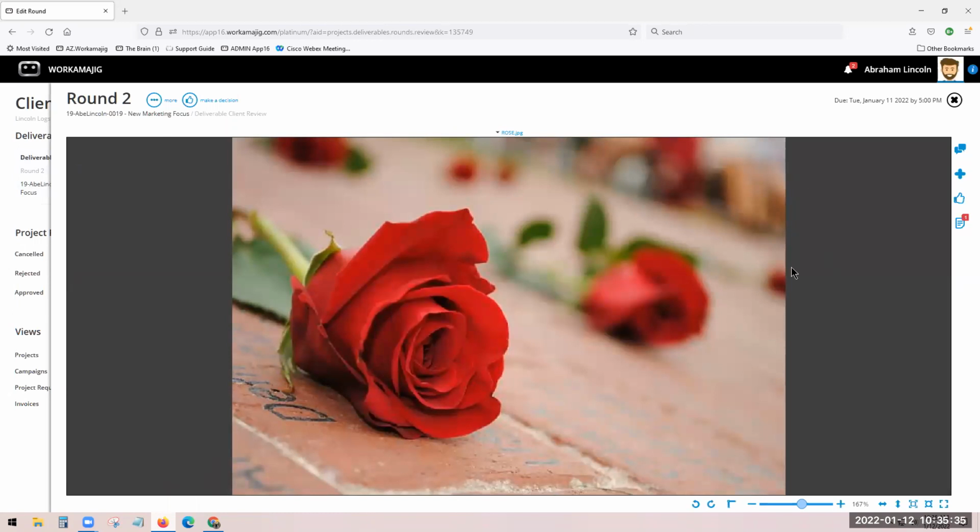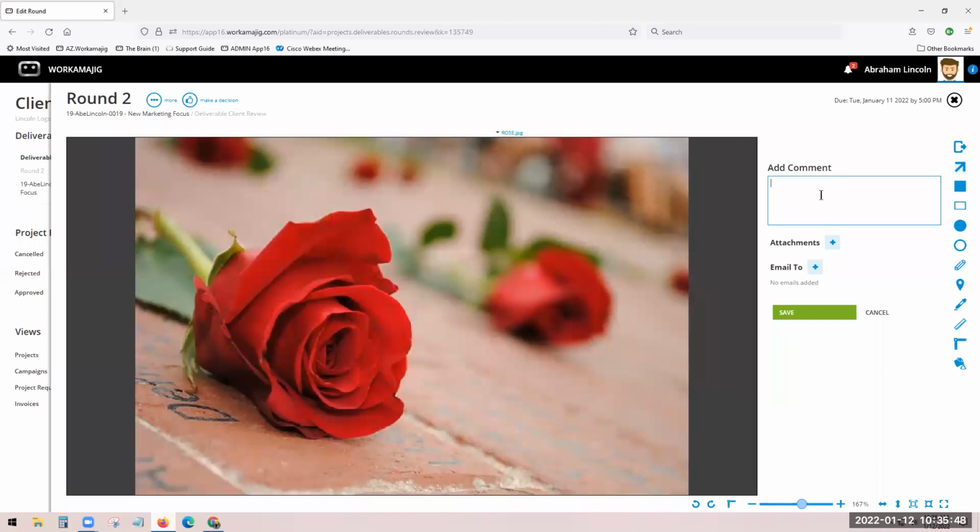I didn't put but one picture here, but they might have several pages here to read. And if you've not used our deliverable review tool, you may want to book a call with your account manager to go in there. But basically, he can put in his comments, love the pic, etc. He can mark it up saying, put logo here, and add logo here. Now, I usually don't do more than one comment in a box, but there you go. If there's an attachment, if there's a certain person they want to email, they can do all those extra things,